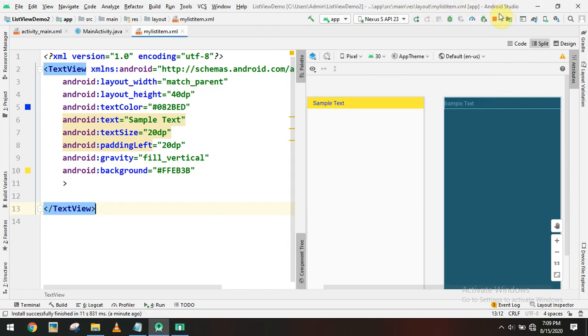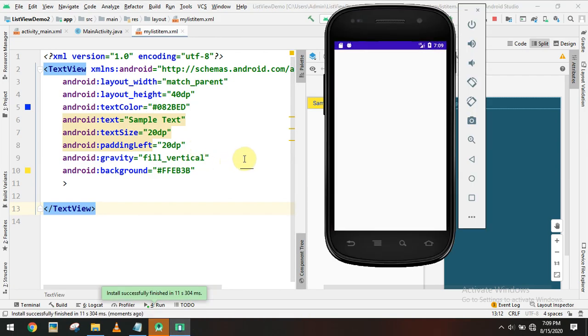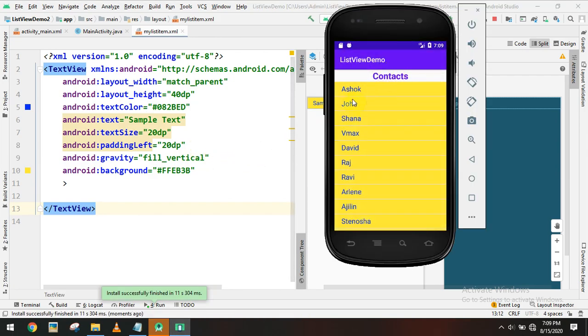So let's check the output again, run again. Yeah, so now we are getting a yellow color for every item. And also we have discussed the on click listener, when you interact with the button, we can do that this way. By default you will be getting a border for every text view. There is a horizontal line there. That border also we can change.